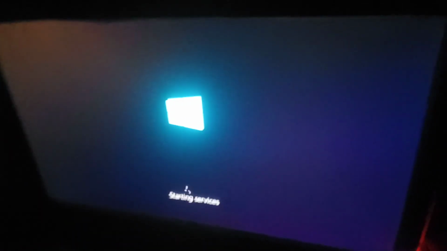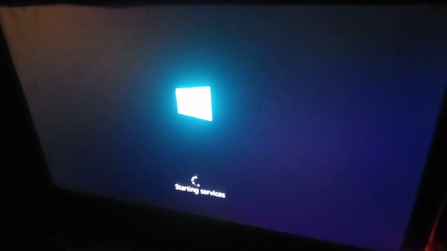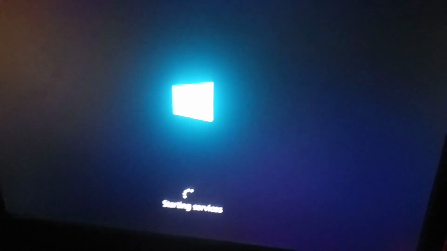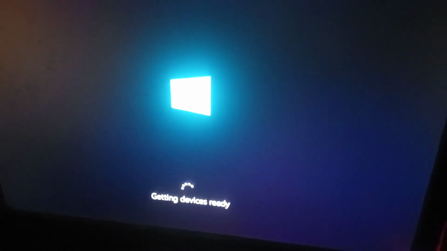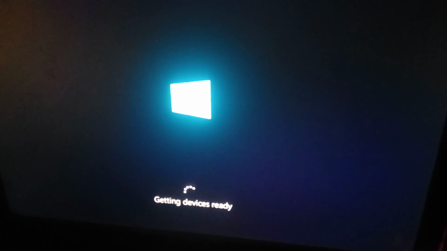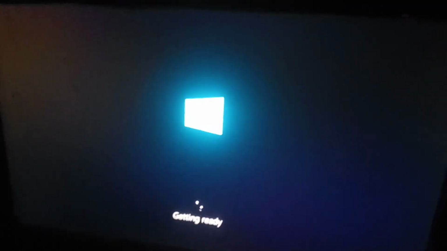It's taking a lot of time. You can see getting ready, starting services, guys. You need to set up your username, password, and all the necessary things, guys. If you install Windows 7 or Windows 8 or any older versions, you need to install drivers, guys: audio driver, video driver, and graphics drivers.